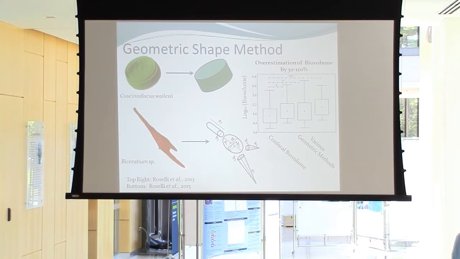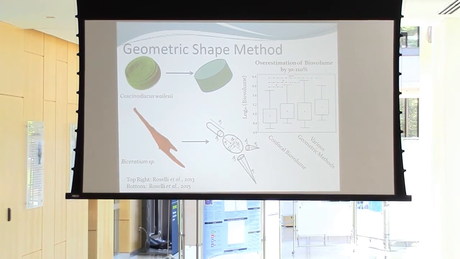Now, the problem with this is that in order to be increasingly accurate, you have to keep on using more and more shapes. So for example, for the Bioceratium, if you look at the part that's represented by a cylinder right there, and then you compare it over to here, you'll notice that that isn't a perfect cylinder, and that is a problem with these methods, especially when you get into other parts. So like that is not a perfect ellipsoid, this isn't a perfect cone, and so that ends up